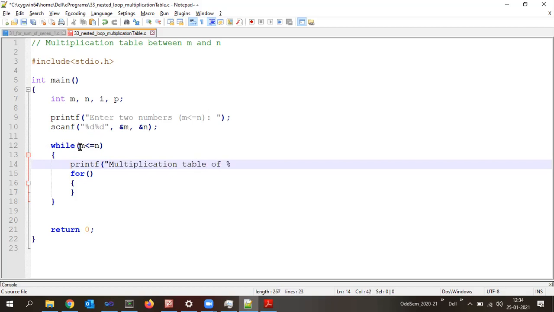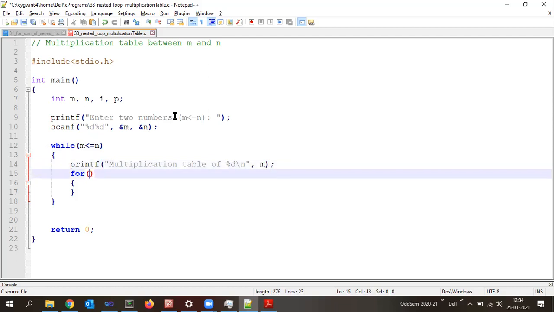That number means %d. I will put a slash n, and that number is stored in which variable? m or n? m. It is stored in m. Okay. Then I have to repeat this for loop. Now here in the for loop, for every multiplication number, what is the counter variable? i. What is the initial value?